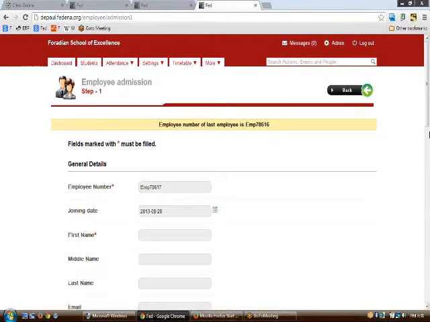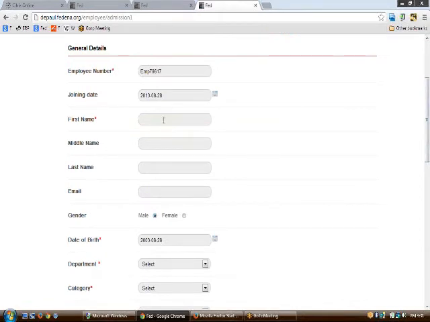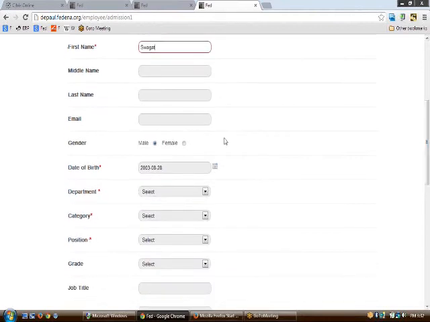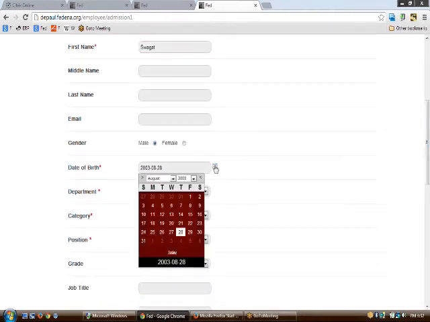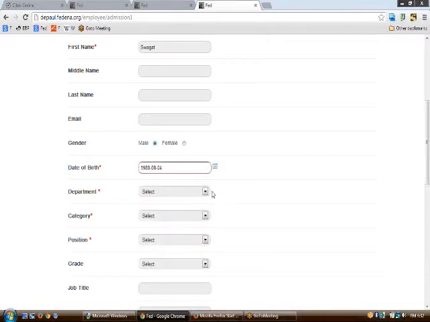Again, to add an employee, you need to type the first name, enter the date of birth for the particular employee, and select the academics department.